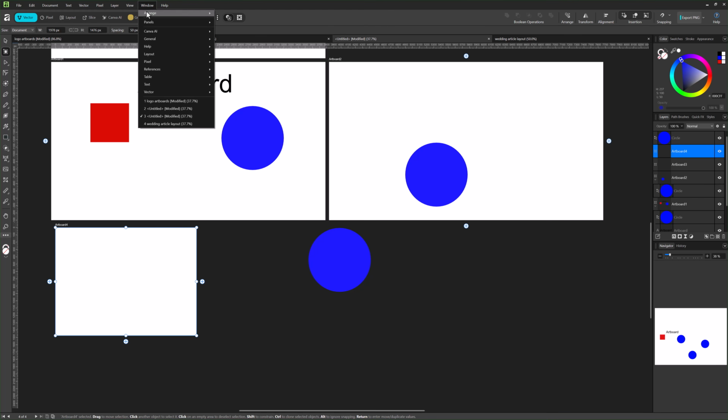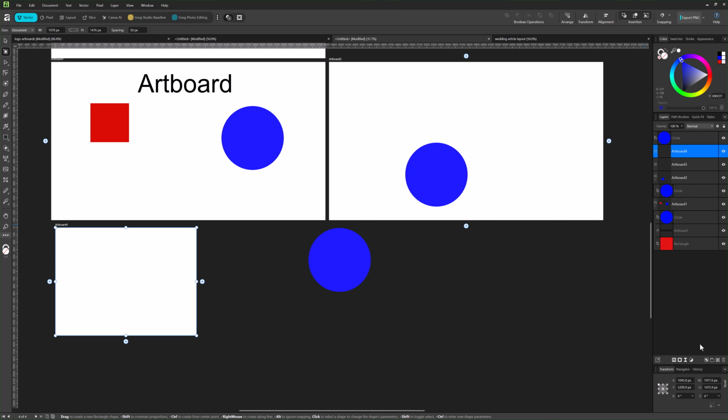So here on Windows, I would come under Window, under General. That's where that transform checkbox is. Boom, I can turn that transform panel back on. So just find that option, make sure you have transform here, because then with the transform here, I have